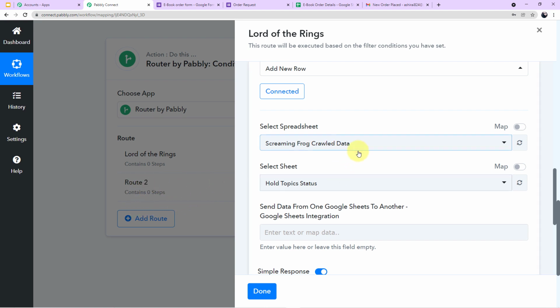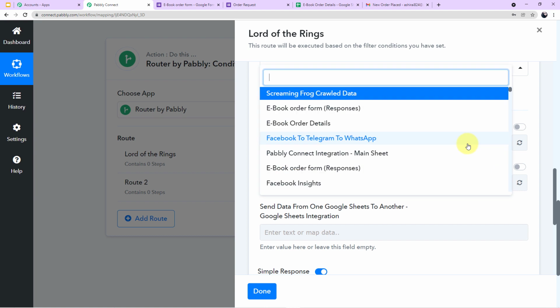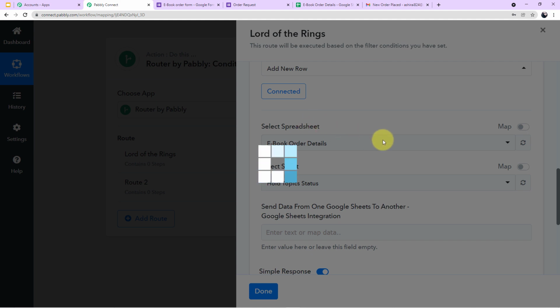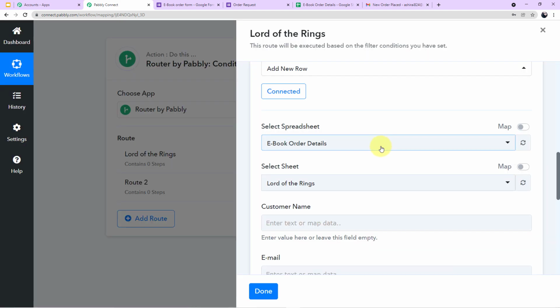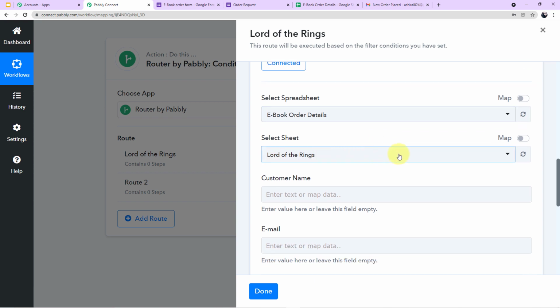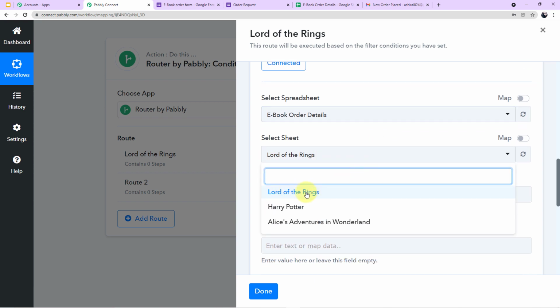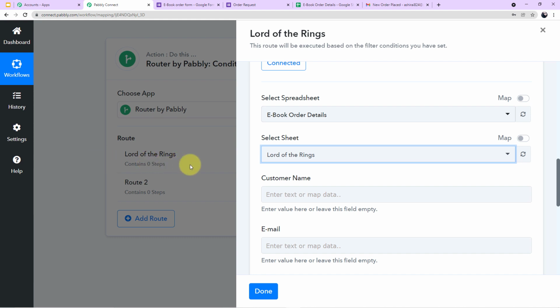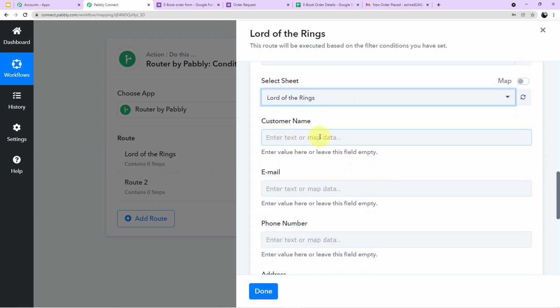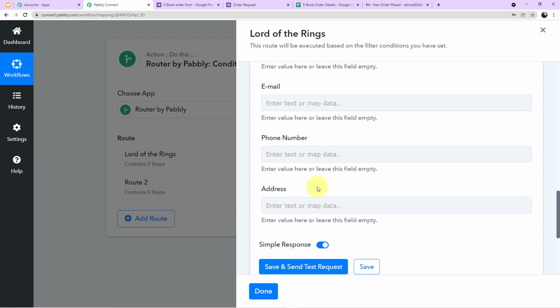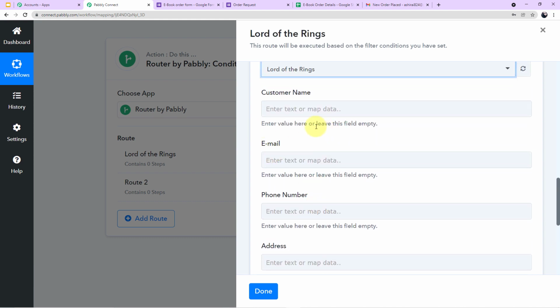So here we have to select the particular spreadsheet. I have shown it to you, which is ebook order details. Click this. Let it load for a second, guys. Now select the spreadsheet. Our particular sheet is Lord of the Rings. The first router we have named for Lord of the Rings, so here we will select Lord of the Rings. Now here we will map the values in the particular fields according to their asking.